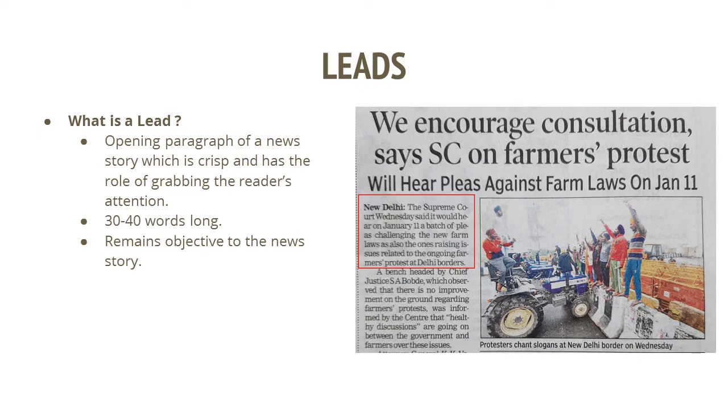in the story. As we know, in news coverage, the starting sentences of a report are very important. So as a journalist, the ability to compose an effective lead is one of the most critical skills to have in your skill set. As we can see from the newspaper image, the first paragraph in the red square box is the lead. It is basically an outline of what will follow in the subsequent paragraphs in detail.